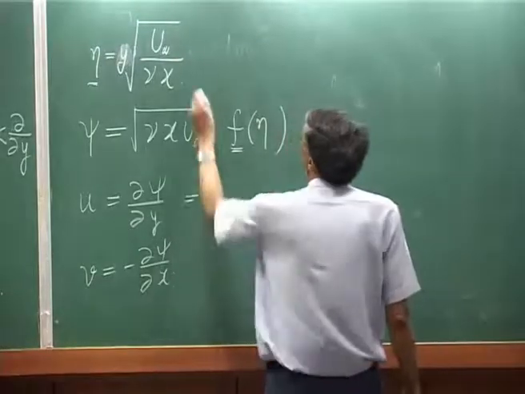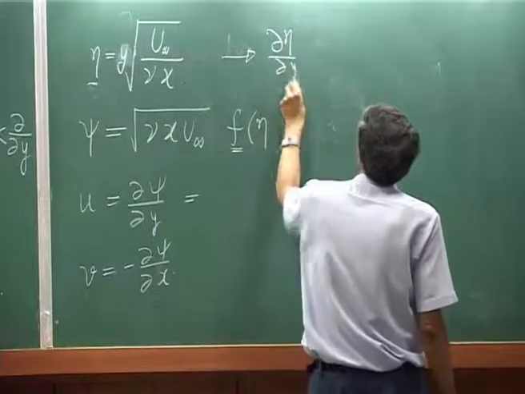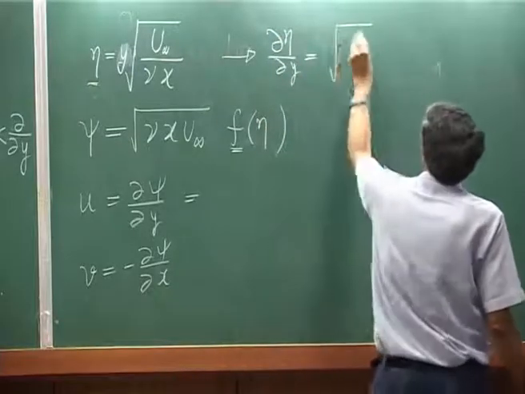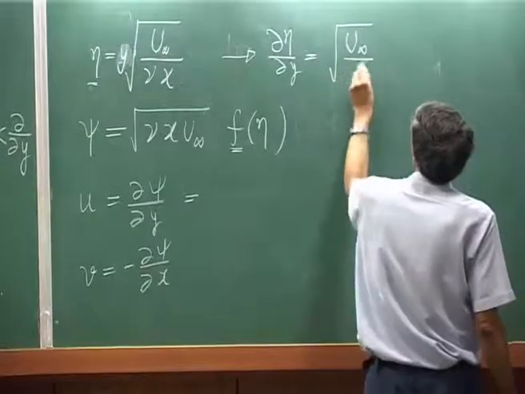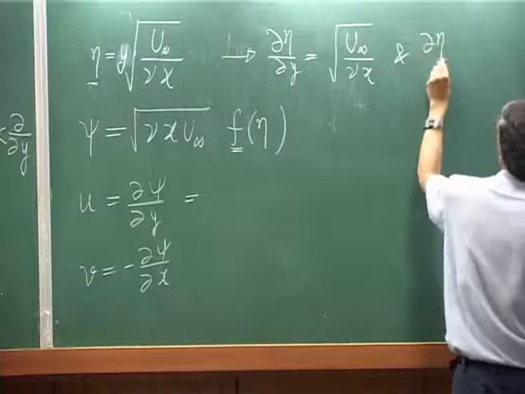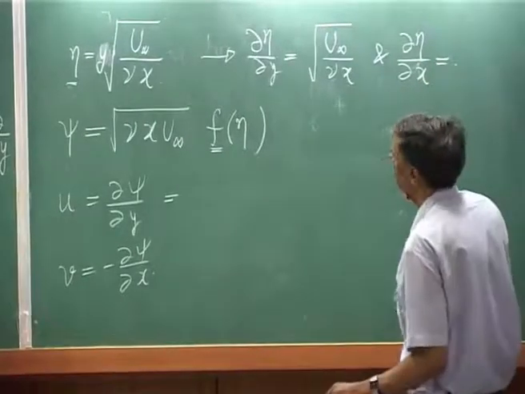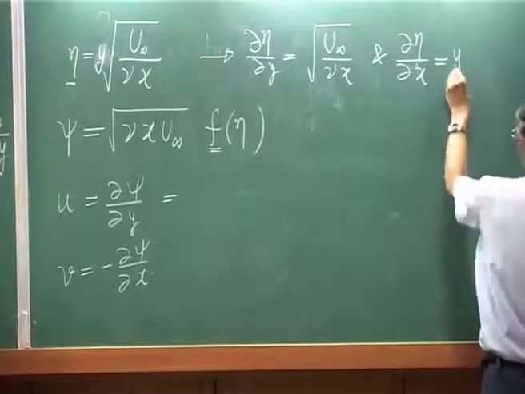So, what I would get from here, of course, you can see del eta del y is given by u infinity by mu x, and del eta del x will have